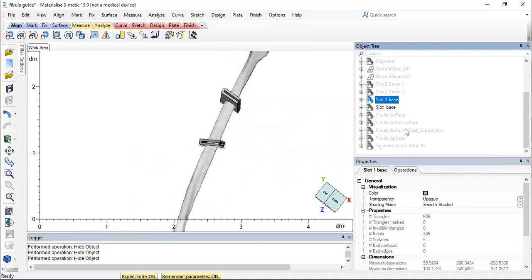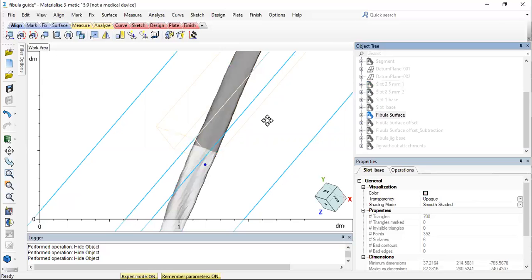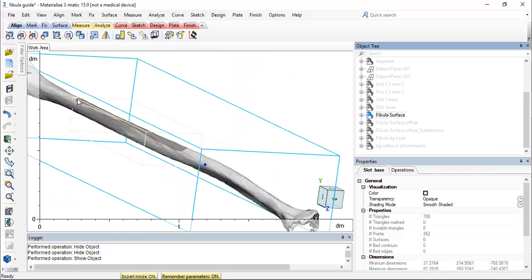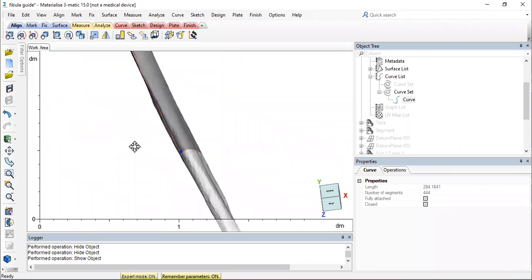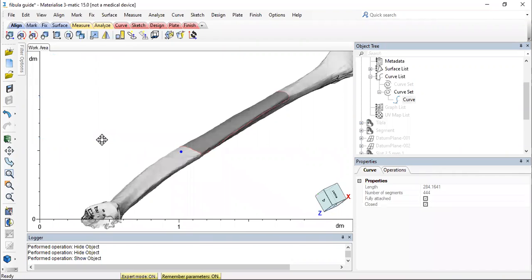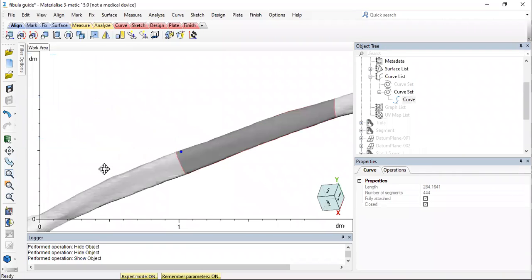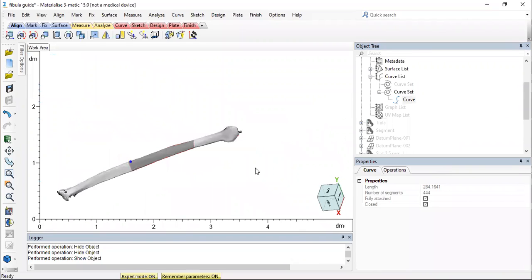Once your slots are ready and your cavity is created, you will have to create the fibula surface. Here I've created the fibula surface using the curve. Right? You can see I've created a curve around the fibula. This is how the curve looks like. Let me just highlight that for you. After creating the curve, I've used the function of split surfaces, and then I've separated that same surface from the fibula, right?